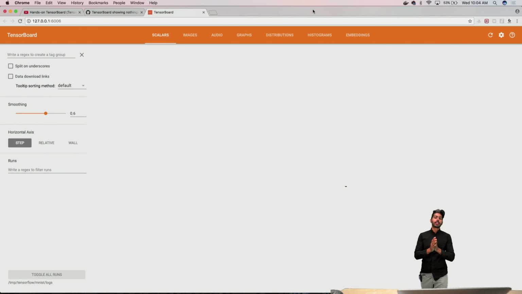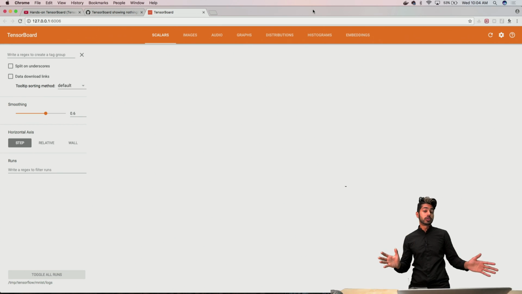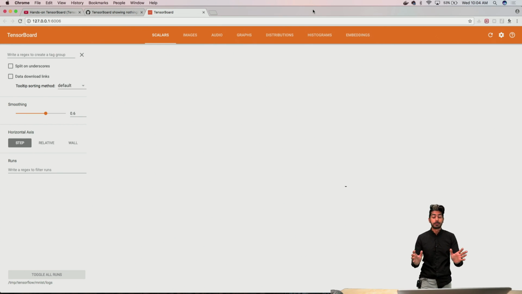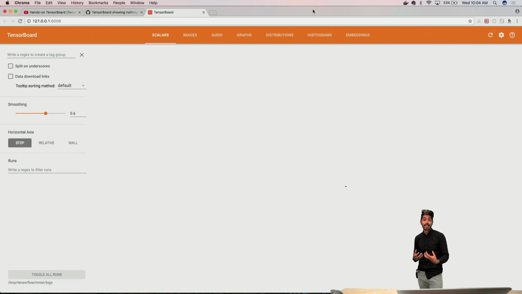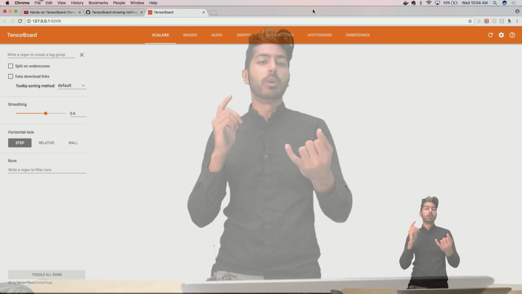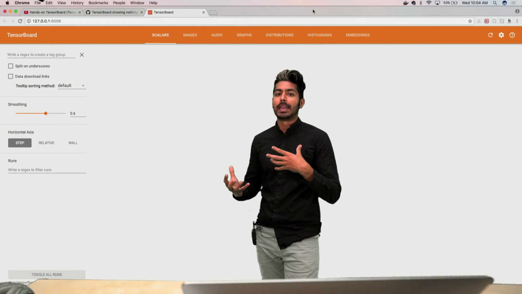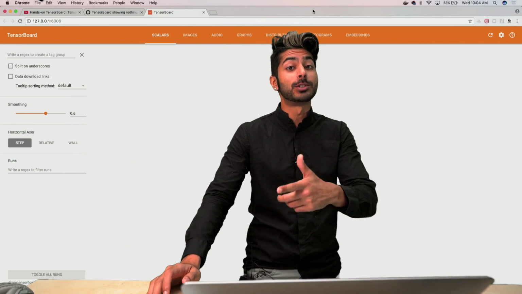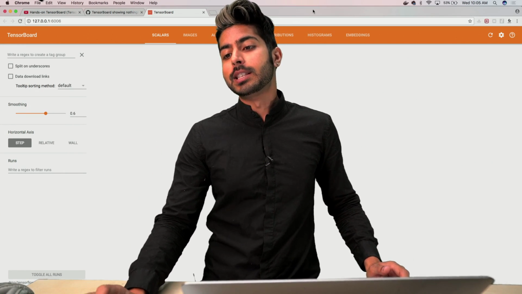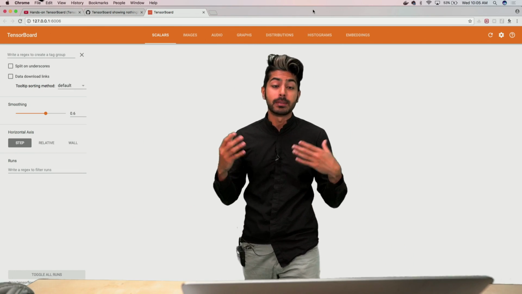Tensorboard is the tool that comes with Tensorflow, so it's built in. If you've installed Tensorflow, Tensorboard comes with it. The goal of Tensorboard is to help you visualize your data. It can help you optimize it, debug it, and look at ways that you can improve it. There's also the plugins feature which is coming soon, so I can't wait for that. But it's a pretty cool tool, and I admit I haven't used it much, and that's because I